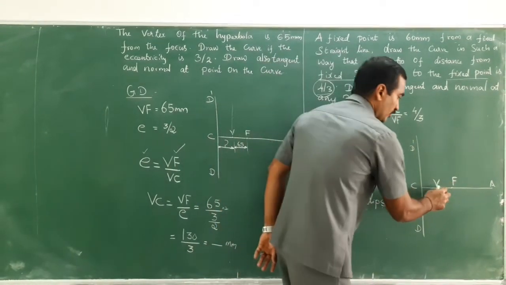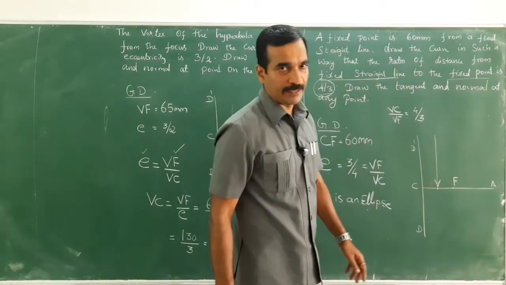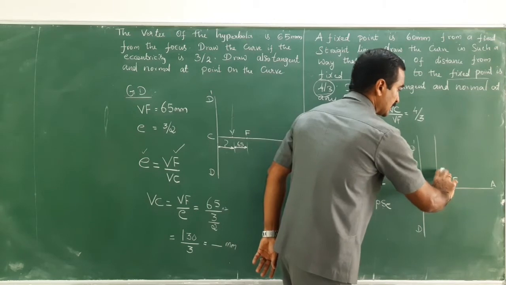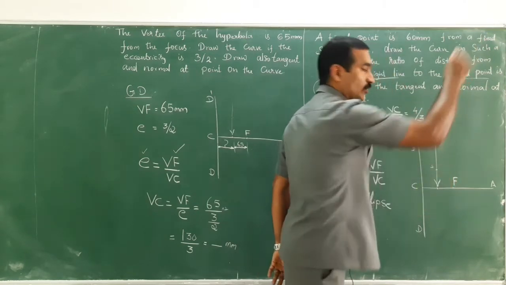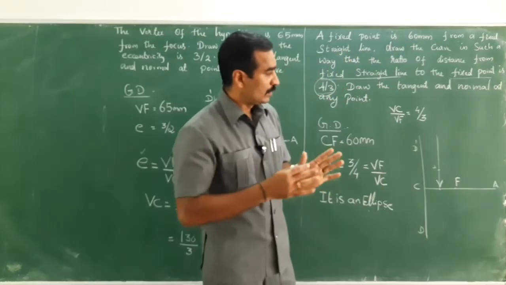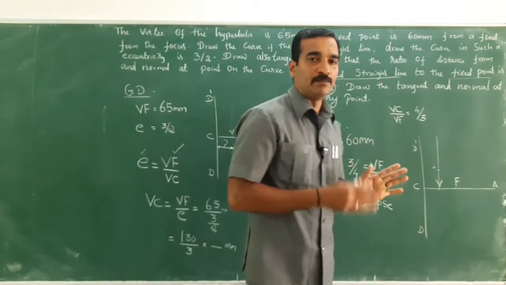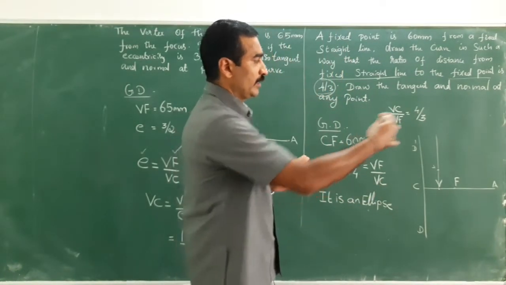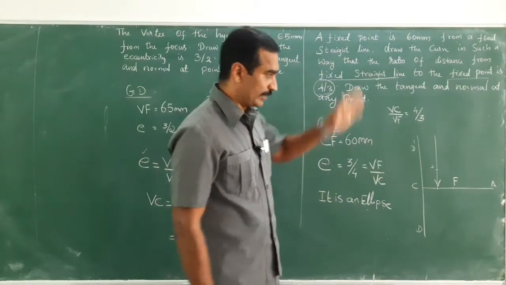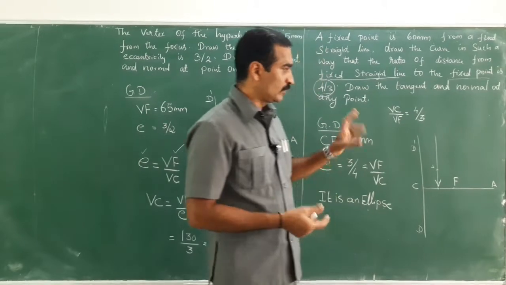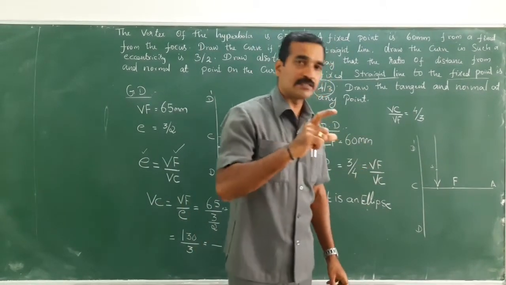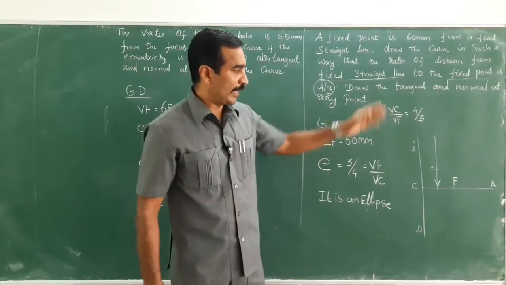Then draw a perpendicular line to the axis, then with VF as radius cut an arc, and draw a guideline. Then along the axis, at equal intervals of 10 mm, divide the axis into 10 or 12 equal divisions, then draw a vertical line. Then 1 dash radius, 2 dash, 3 dash, that is the radius, with F as center, cut an arc above and below.